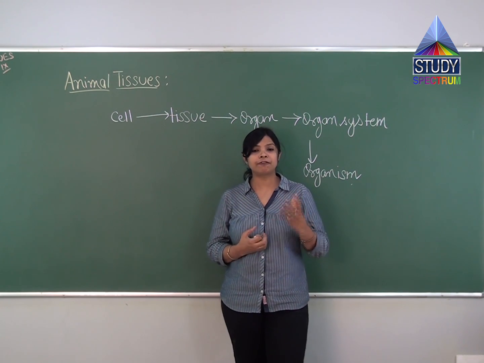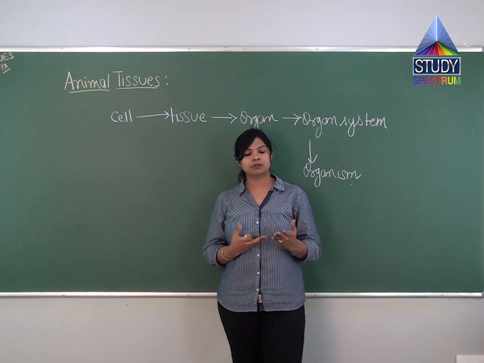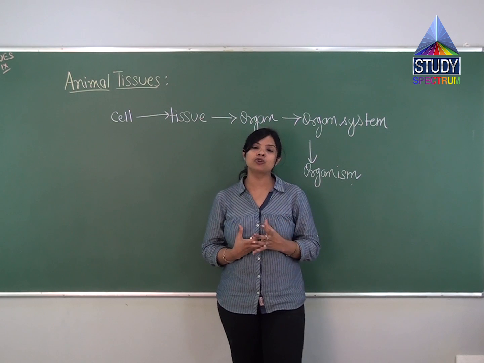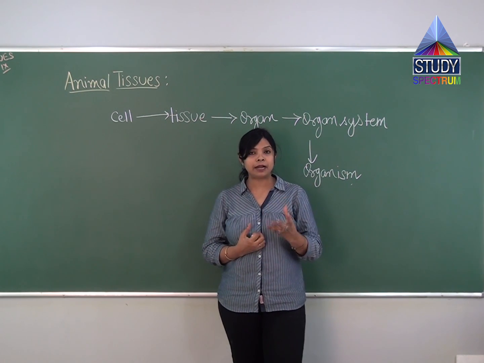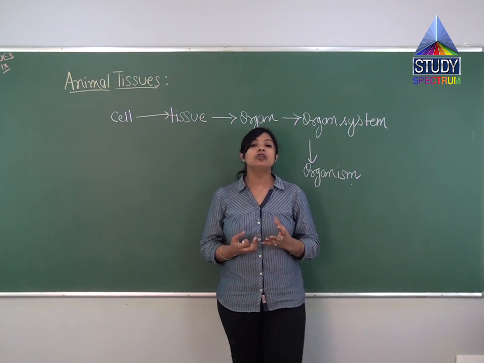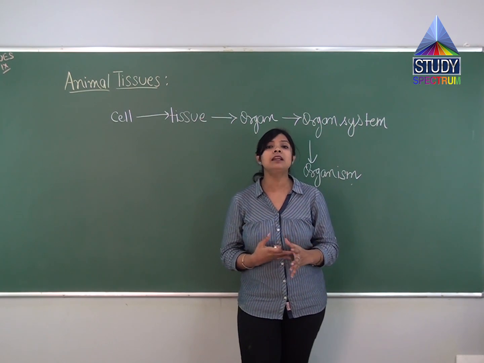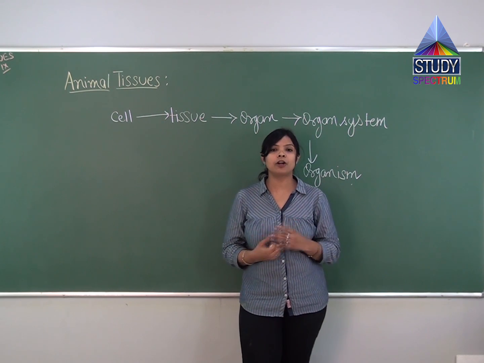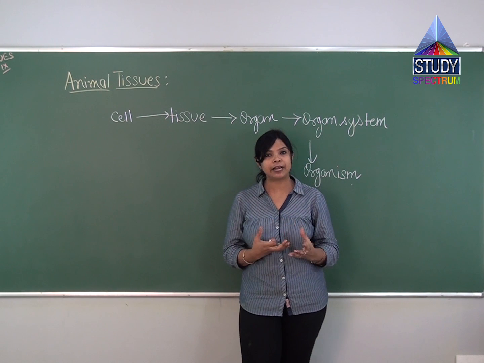Now again blood flows from, again this blood carries oxygen and food to all parts of the body. So what is blood? Blood is again a tissue that is called the connective tissue. So you have seen that we have discussed the muscle tissues and a blood tissue, that is a connective tissue. So here we can say that blood and muscles are both examples of a kind of tissues